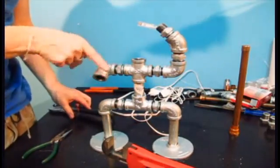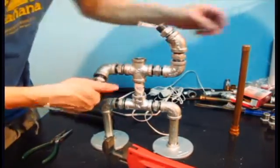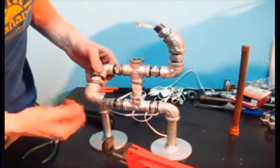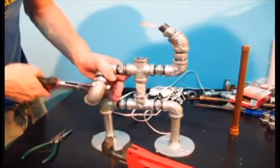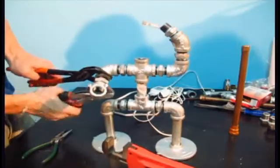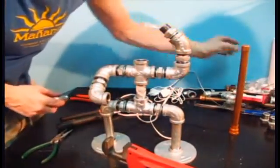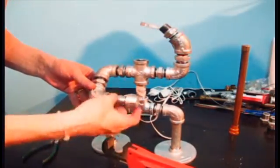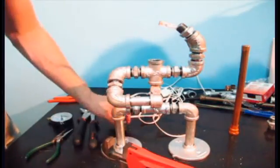I'll leave it there, kind of a 45-degree angle for now until I decide where exactly I'm going to put it. Whichever looks good. And we're just going to put a nipple and cap. Finish it off. Alright, for the head we have